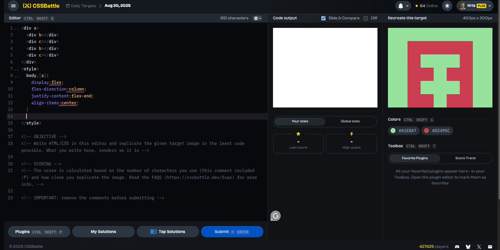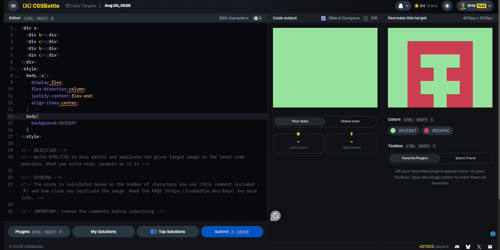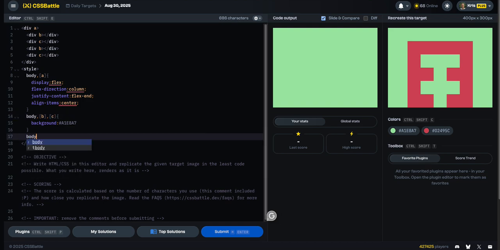Then we can say, oops, body has a background with a greenish color. Oh, we should do all these together, of course. And then B and C do as well too. So B, C, and then we got to give the body